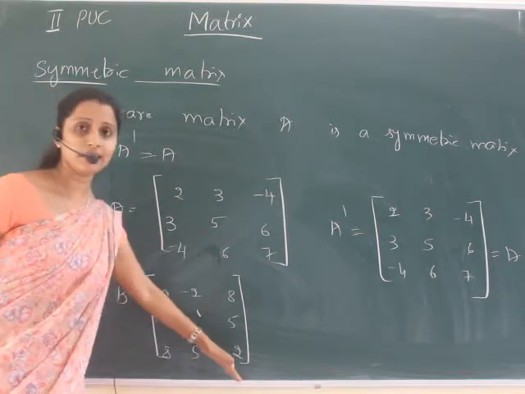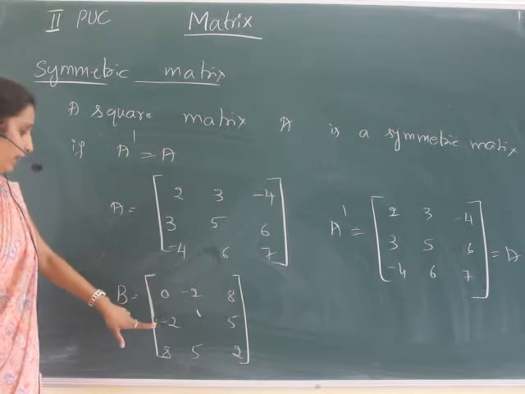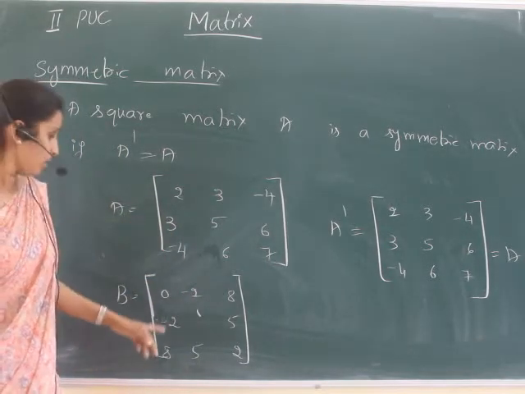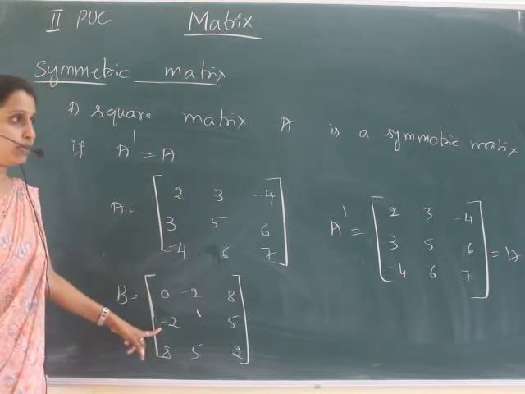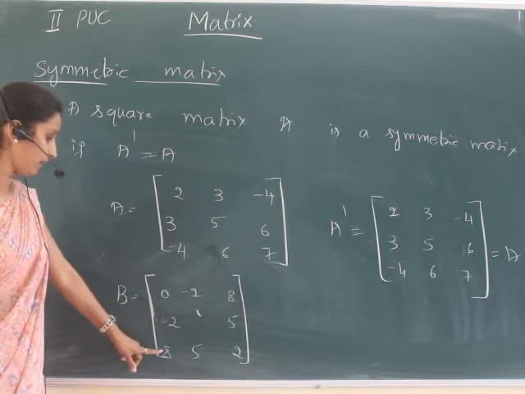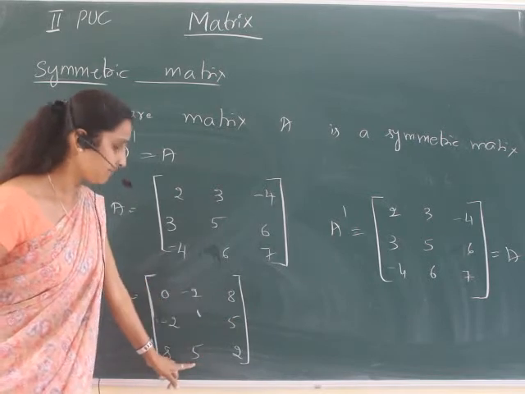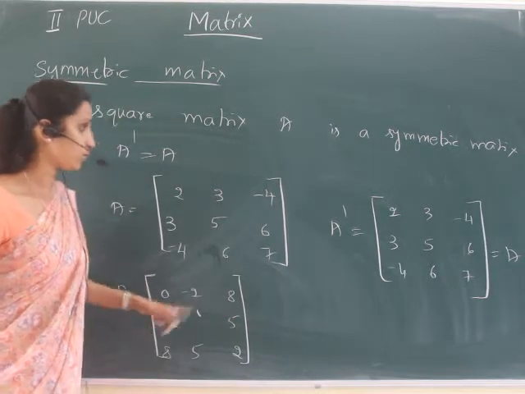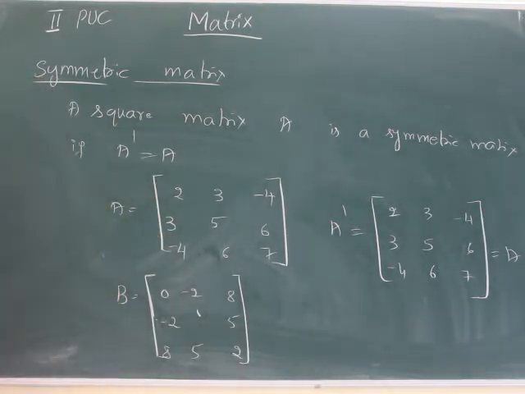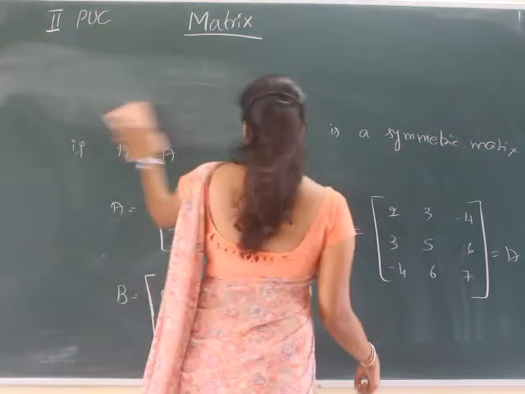So first you write the diagonal elements, which can be any entry. Then other than that, the A12 and A21 elements should be the same, because A transpose means interchanging rows and columns. So A12 and A21 elements are the same, A13 and A31 elements are the same, and A23 and A32 elements are the same. So this is an example for a symmetric matrix. This is one type of matrix in the square matrices.